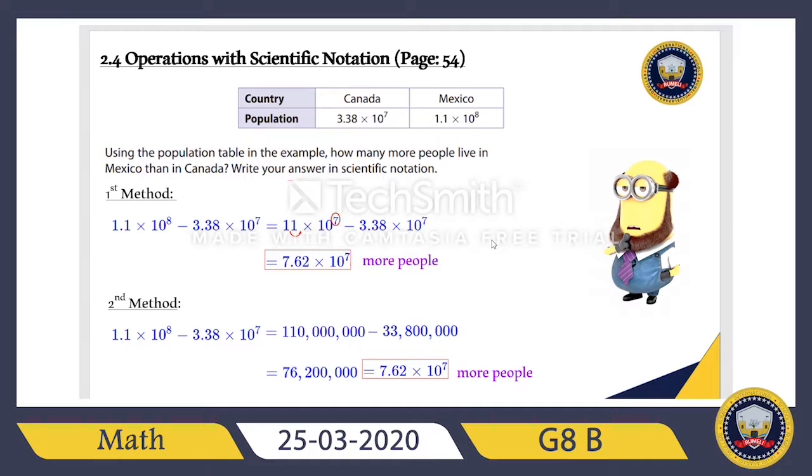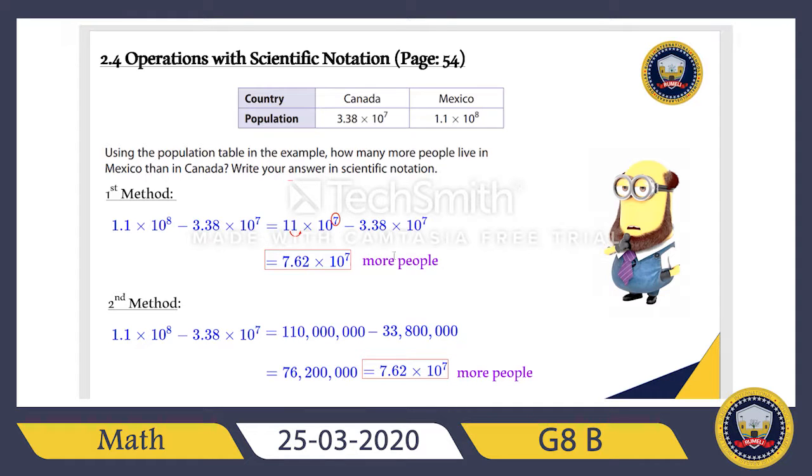Now what about the second method? I'm going to convert both numbers from scientific notation to standard notation. This number here, 1.1 times 10 to the power of 8, is 110 million. 3.38 times 10 to the power of 7 is 33,800,000. Now, you make your subtraction as normal, which is equal to